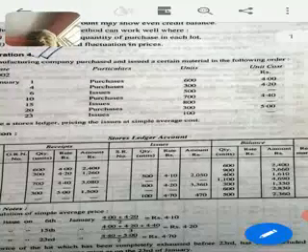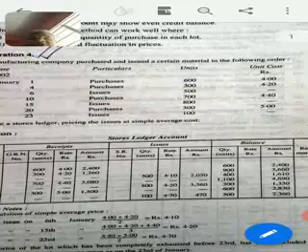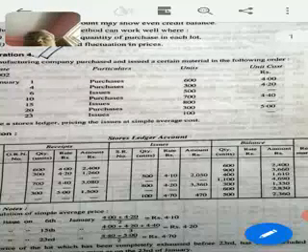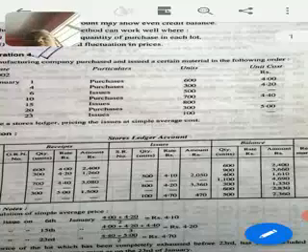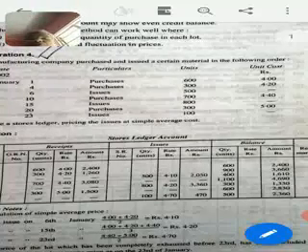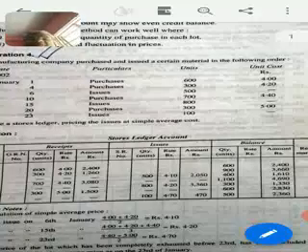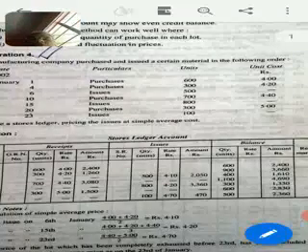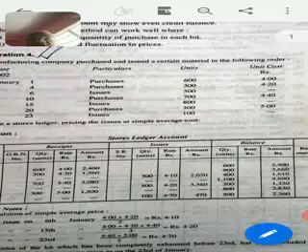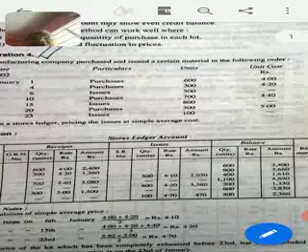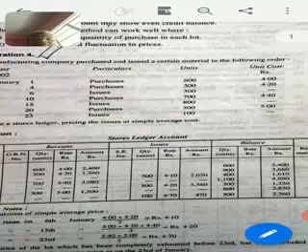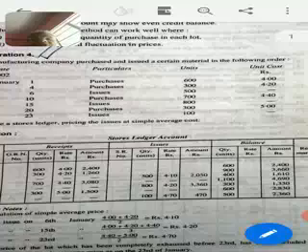As you can see, there will be three parts: receipt, issue and balance. And under this you have to write the following columns, that is GRN number. Now what is this GRN number? It is goods receipt note number. Again I am repeating it, it is goods receipt note number. Then comes quantity, rate, amount, and after that SR number. What is SR number? It is store requisition number. Then comes quantity, rate, amount, and finally under balance we have quantity, rate, amount.